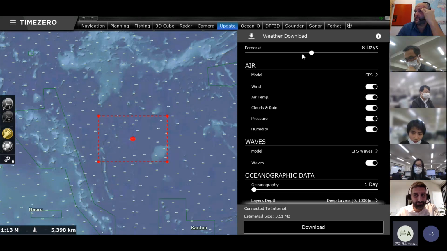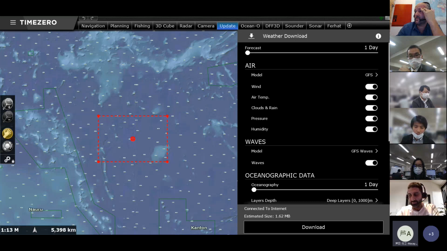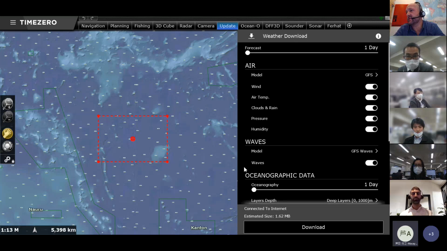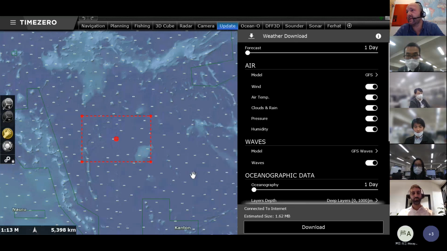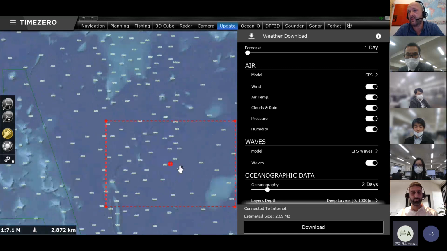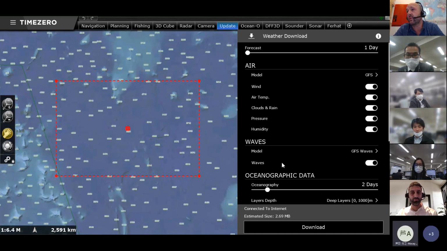Okay, I understand. So it shows the estimated size of the data. You configure what data you want and how long, and then it estimates the size of the file. Exactly. For your information, the average for multiple days is approximately 2 megs. We worked a lot on the compression format. Today with 2 megs, you can have multiple days. You can have a nice fishing area for big tuna purse seiners. So 2 megs is enough, and we are pretty similar to what CatSat does as of today.